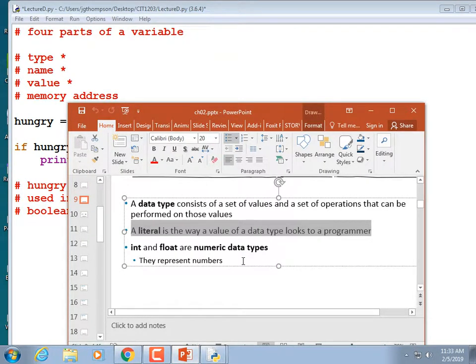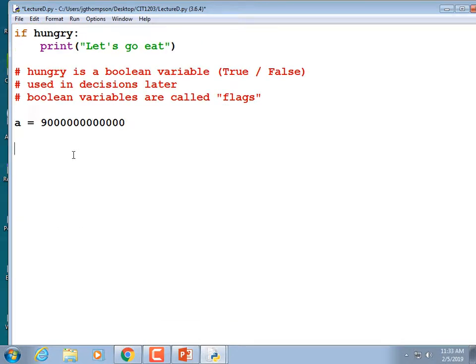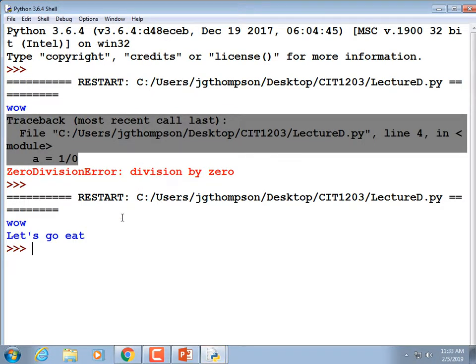And then ints and floats are numeric data types. The integer data type in this language holds much larger values than the integer data type in, for example, Java or C++. We can see really huge values. If I do this, A is equal to, and I'm going to type in a trillion, which is 12 zeros. 1, 2, 3, whoopsie. 1, 2, 3, 4, 5, 6, 7, 8, 9, 10, 11, 12. I don't know what the national debt is, but it's pretty large. Let's see if that works. And then if I print A,